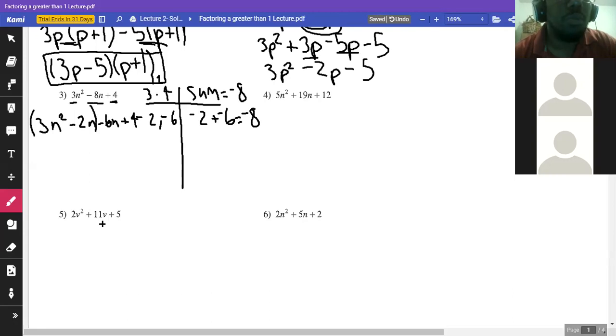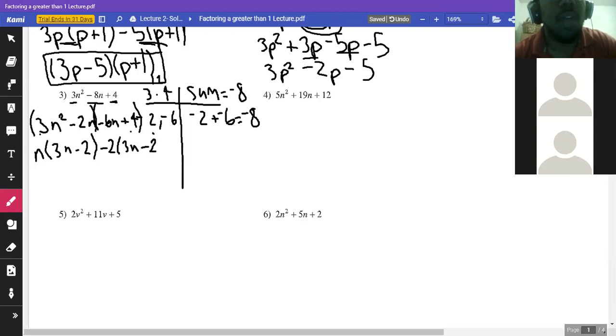So next I'm going to group these two terms together and my last two terms together. If I look at 3n squared and 2n, I can't take any numbers out, but I can take out an n. I'm left with 3n minus 2 on the inside. And over here, since I start with the -6n, typically if the third term starts with a negative, I'm going to pull a negative out. And between 6n and 4, the GCF is 2, so I'm also going to pull a 2 out and be left with 3n